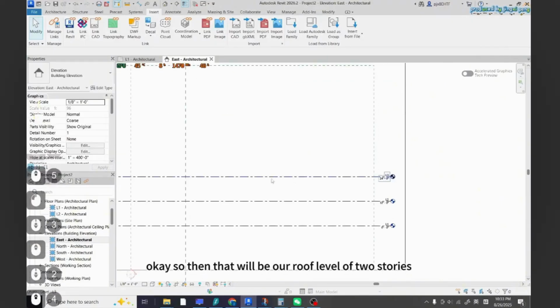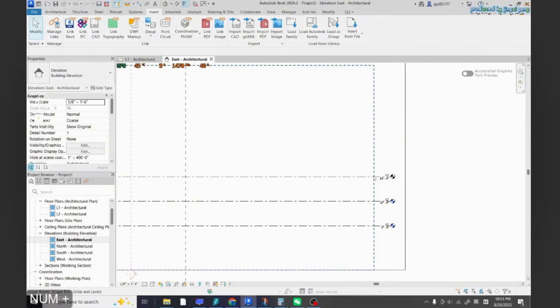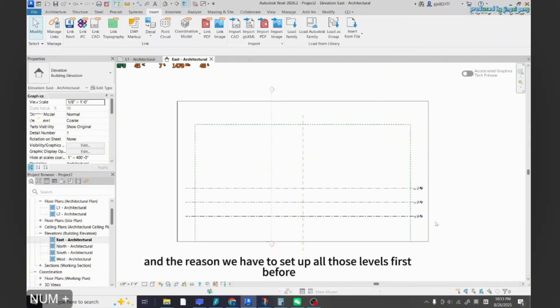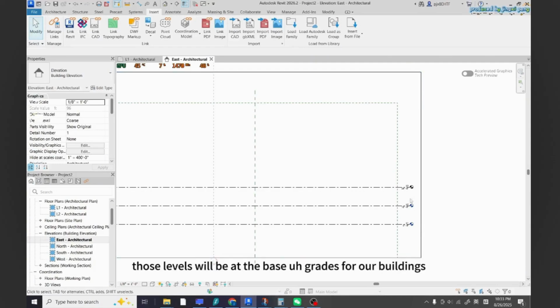Okay, so then that will be our roof level of the two stories single family house. And the reason we have to set up all those levels first before we start to create the wall, the floors, the roof, the building, is because those levels will be like the base grades for our building. So once we start to create the wall, we need to set up the bottom, the start level, and